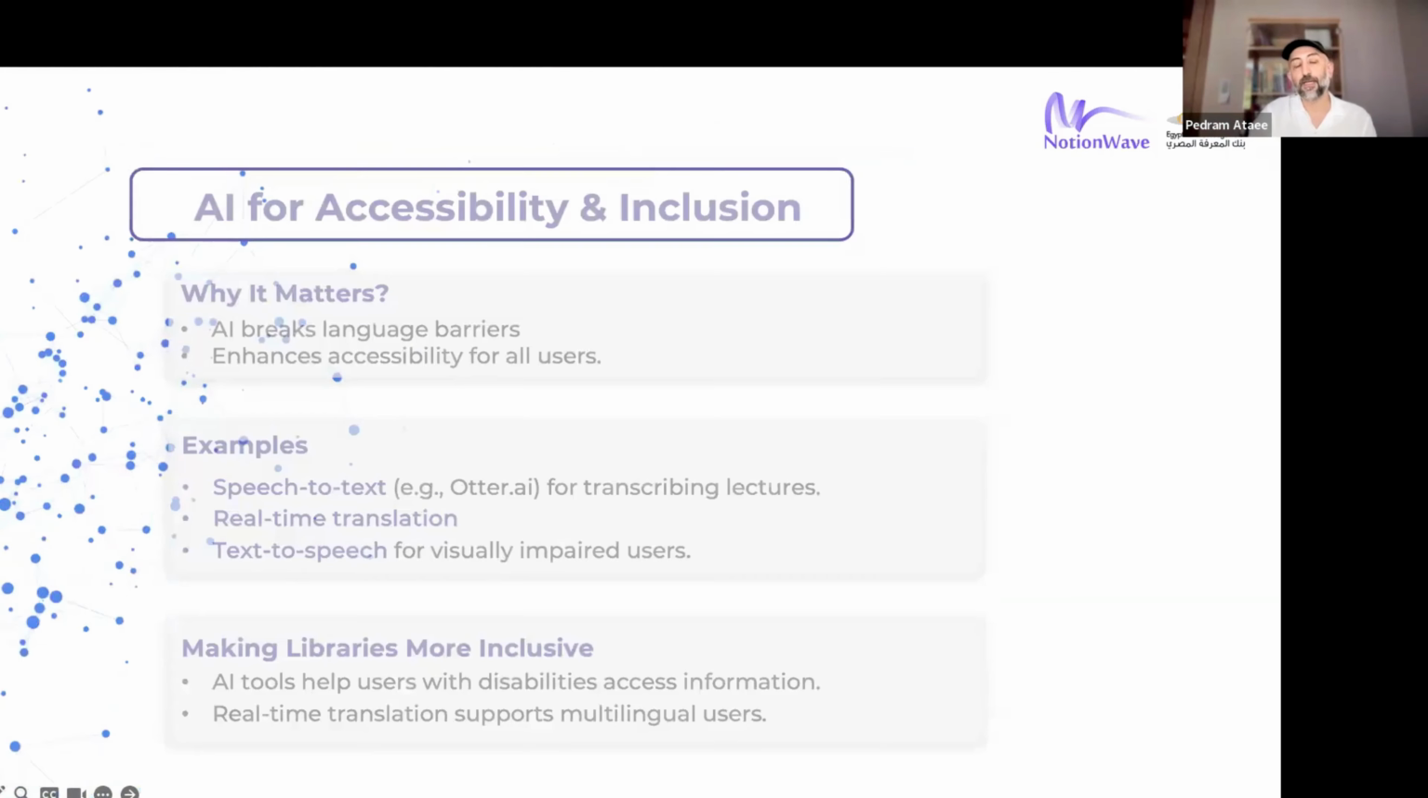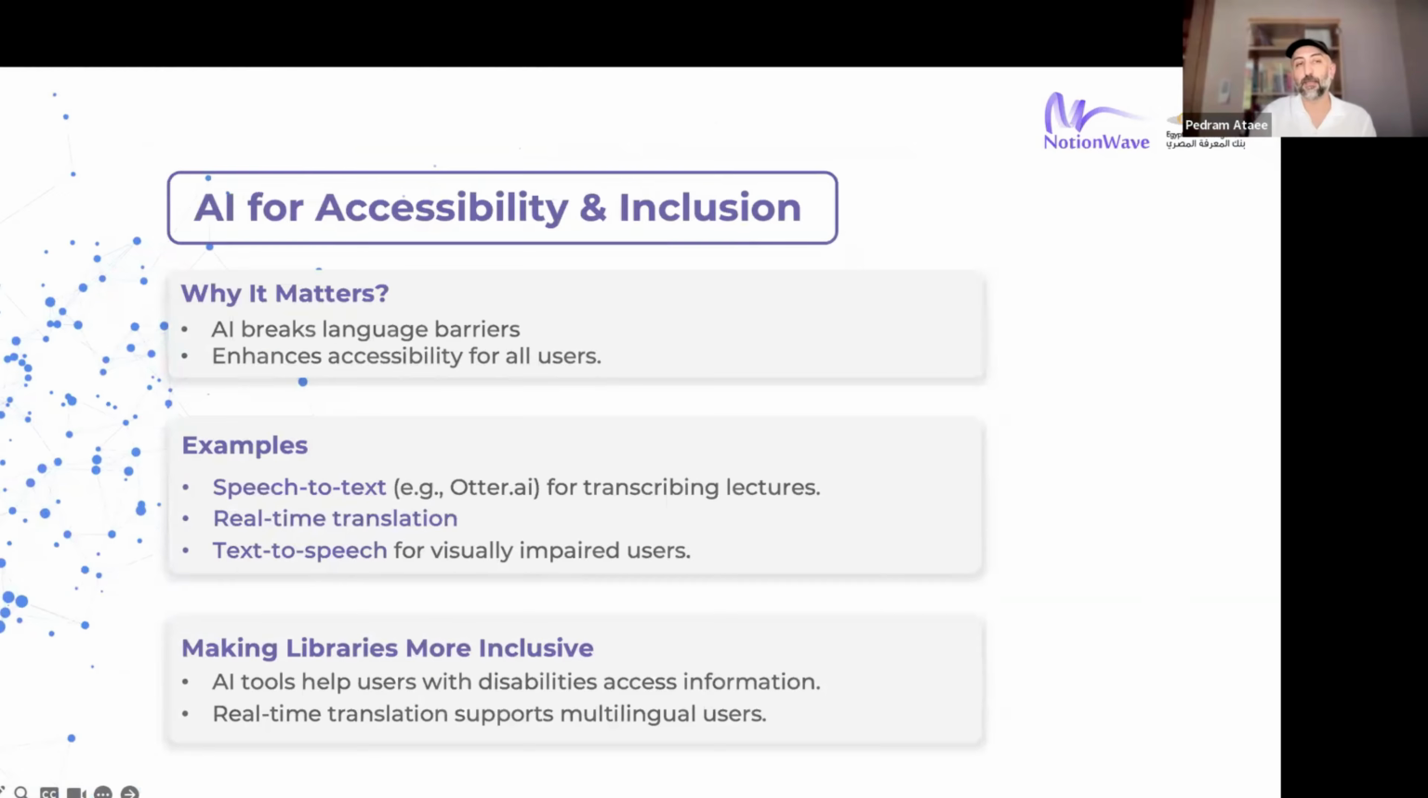The other use case of AI for libraries, which I like, is the whole idea of accessibility and inclusion. The power of AI for transcribing lectures, with solutions like Otter.ai that can transcribe speech to text, is amazing. The use of AI for transforming text to speech, especially for visually impaired users, or even for everyone to learn more easily,